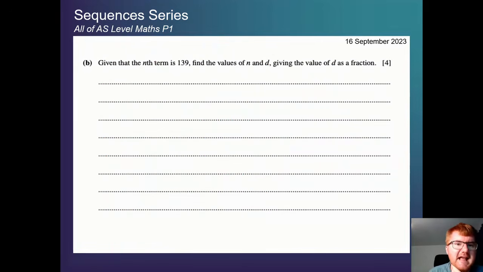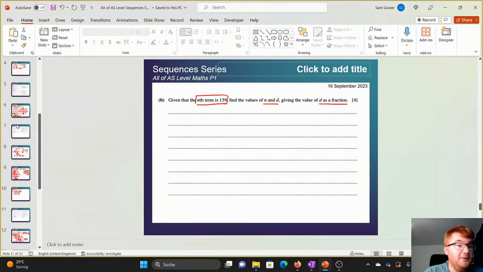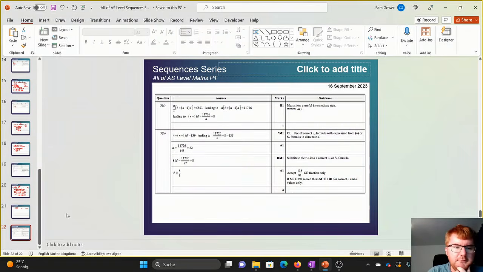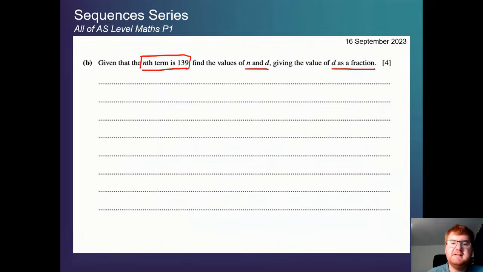Now, given that the nth term is 139, find the values of n and d, giving d as a fraction. Not much structure here to work with, but let's see what we're given first of all. We're told the nth term is equal to 139. Now, if I go right back to the start here, so we've got through a lot of work today. The nth term for an arithmetic geometric series, you see this equation here, is a plus n minus 1d. So what I'm going to write down is that a plus n minus 1d, the nth term, it says that on the formula sheet,